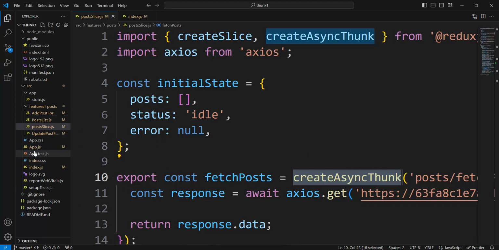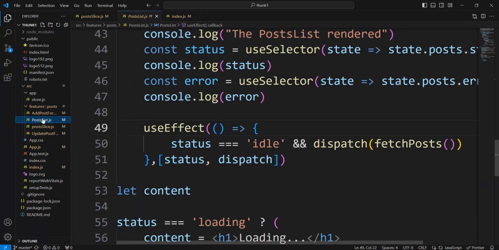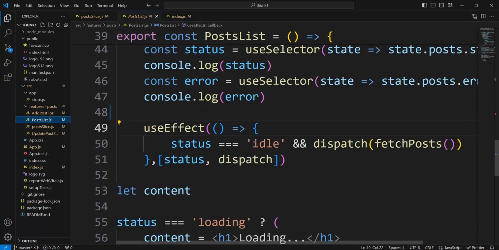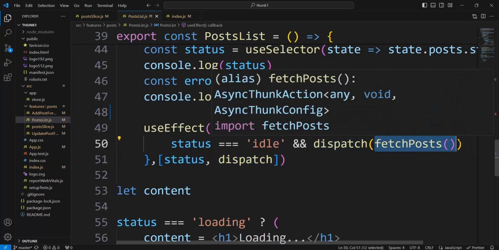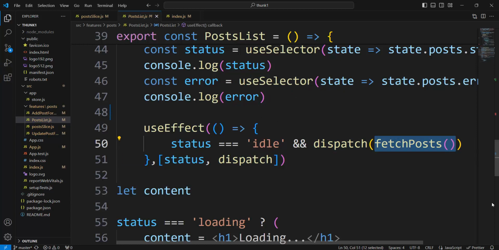Look at now. Post list, for example. We dispatch fetch post. Here it is. And so look at the definition: we do not dispatch an object, but we dispatch a function. But